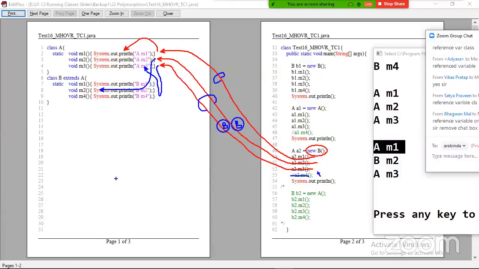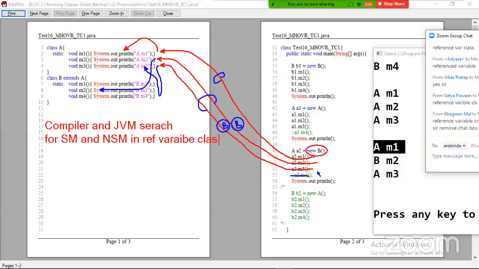So now, final conclusion. One more time, I will write. Both static and non-static methods: compiler and JVM search for static methods and non-static methods in the referenced variable class. If the method is available in the referenced variable class, then their execution